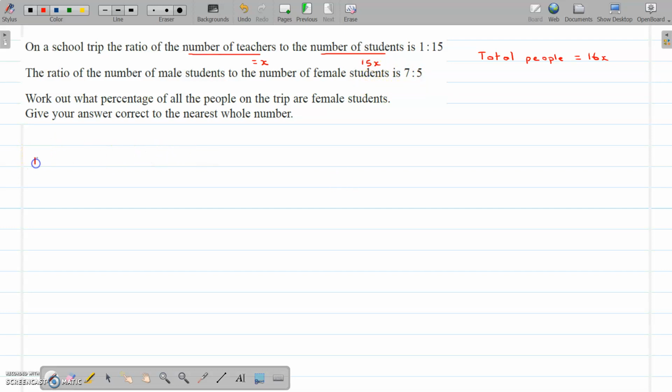So the number of female students equals 5/12, and the 12 actually comes from 7 plus 5, so you could put that in your working, so you add the two parts of the ratio together, so 5/12 of 15x,